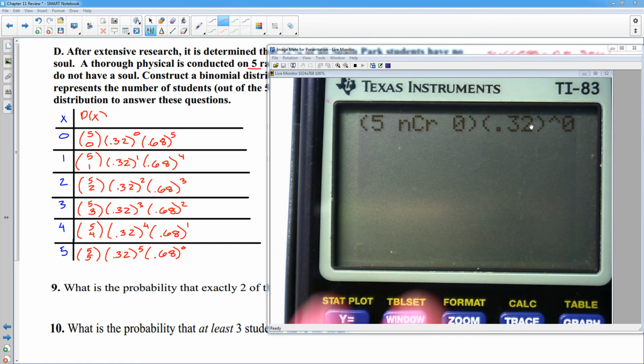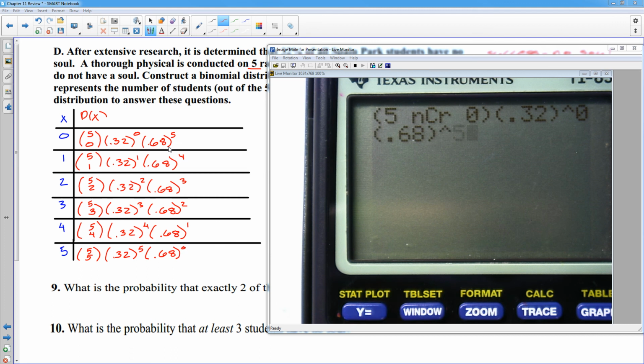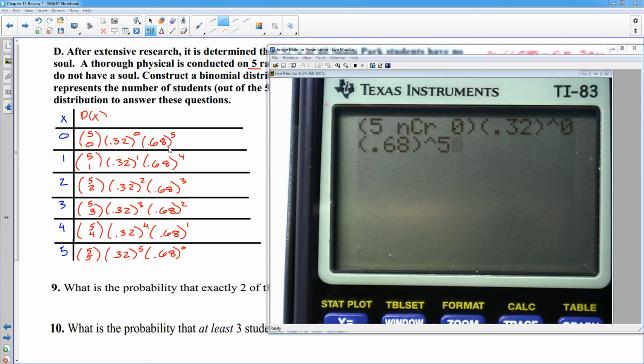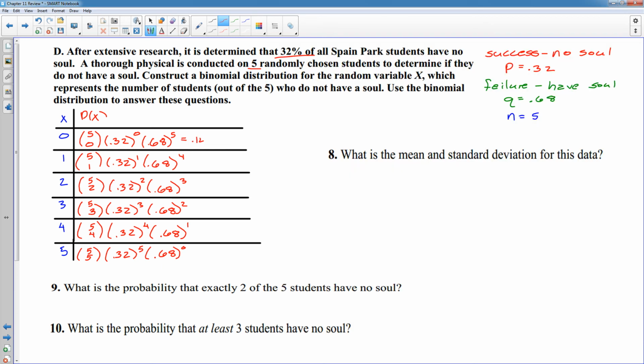0.32 to the 0. Finally! Alright, so 5 choose 0, 0.32 to the 0, and then I need 0.68 to the 5th. Let's see if I can get this one right. 0.68 to the 5th. There we go. I'll hit enter, and we get 0.145 for this one. So I'll write down 0.145, which is a 14.5% chance that 0 of the 5 students do not